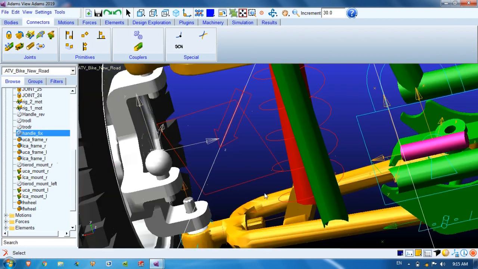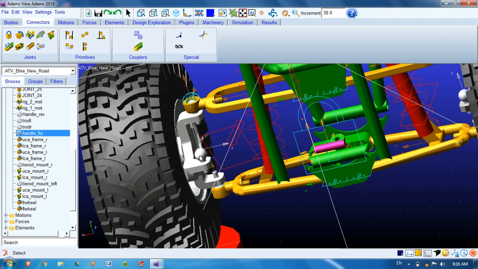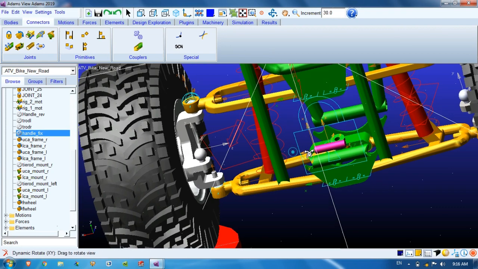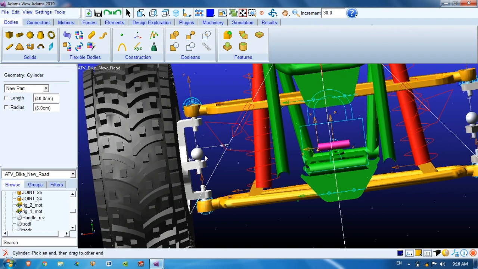Okay, we will create a tie rod between this ball part and this grounded part. So go to the cylinder, body cylinder.